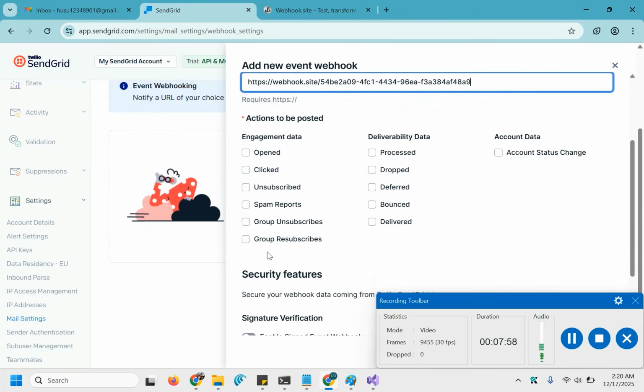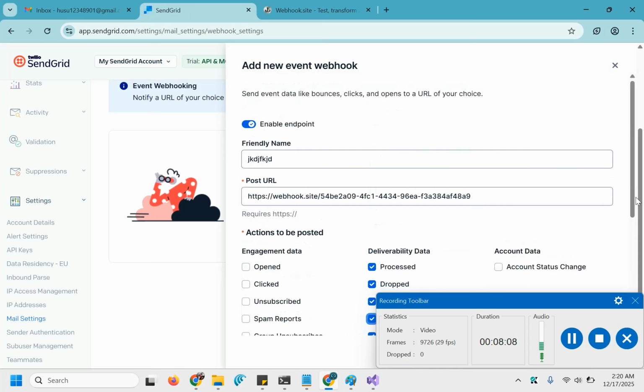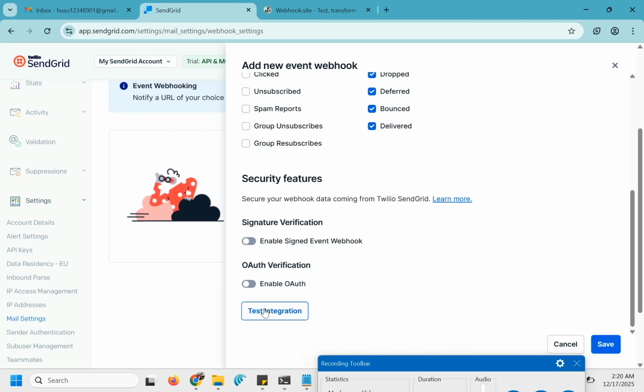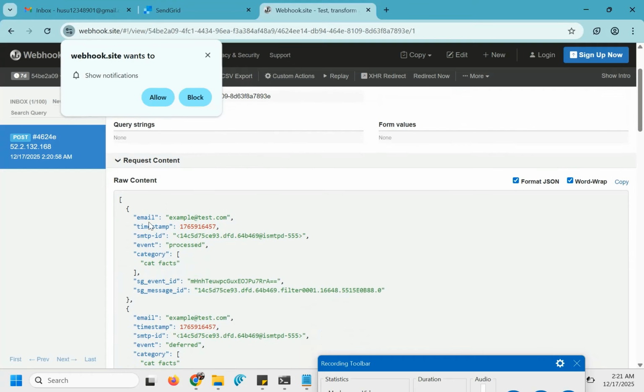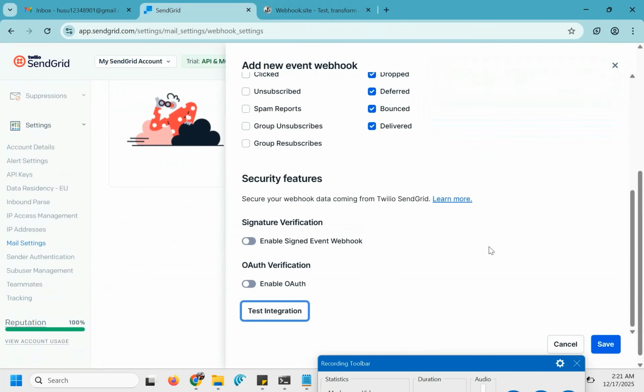And what I need is the delivery data. For simplicity, I am showing you the delivery part. You can also use these and this thing, but for simplicity, let's test the integration. Sample event sent, and you will see that we got a sample event from SendGrid. Now I will remove this event and save it.